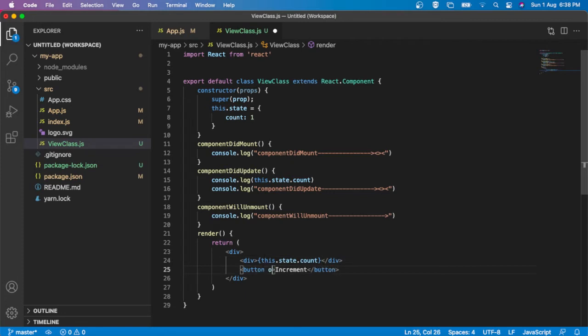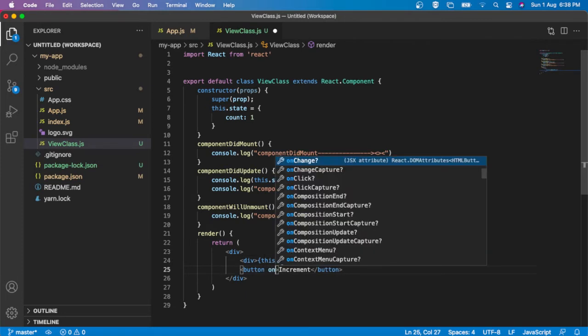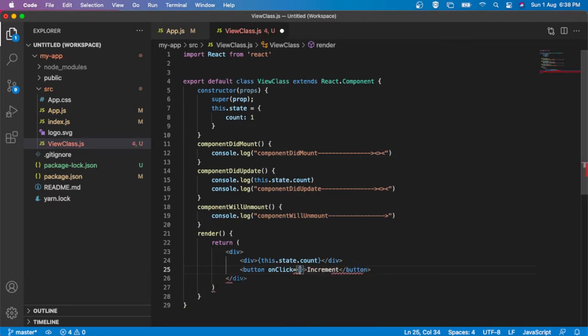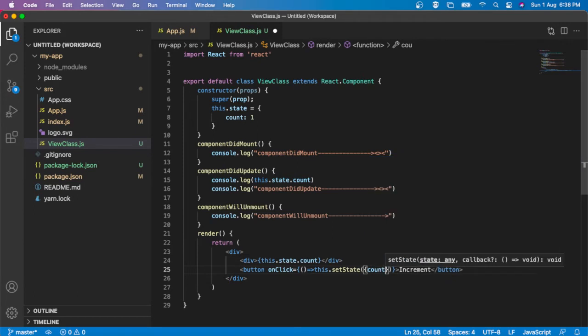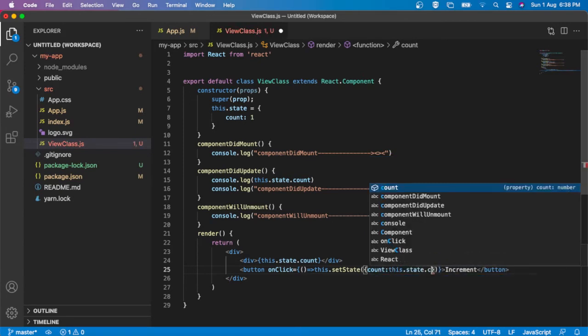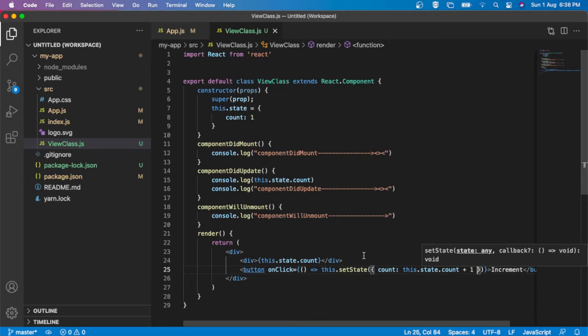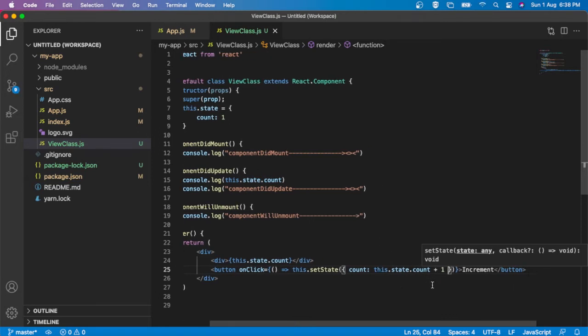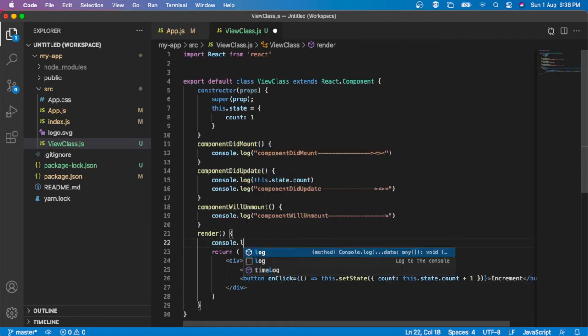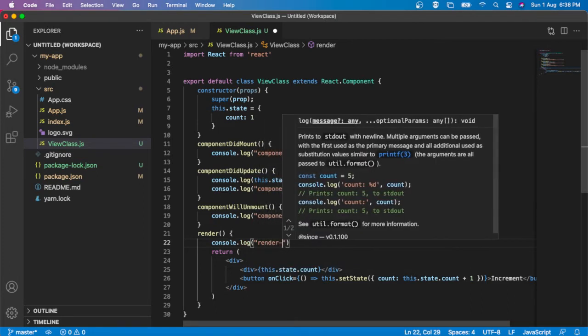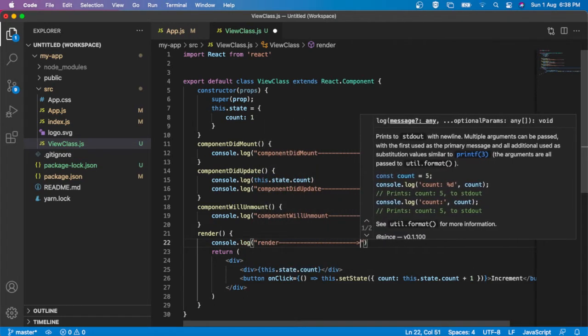Then we can create an onClick, and on the click I call this.setState with count equal to this.state.count plus 1. You can also declare this using previous state, but currently I am using the value directly. Now we can have a render console here. Render console, it is added.